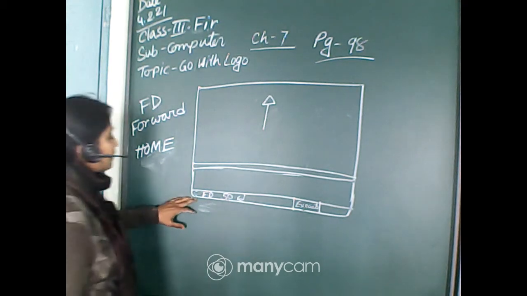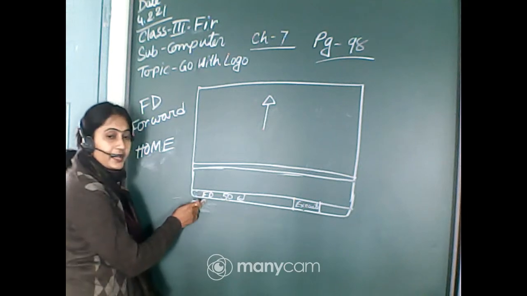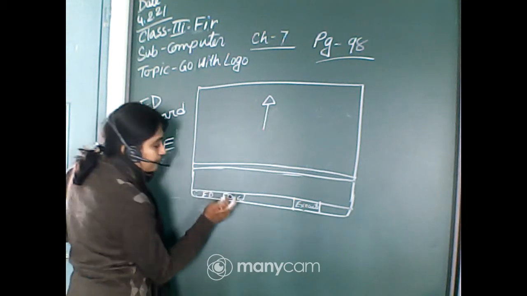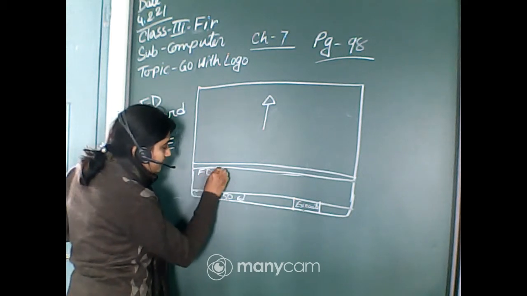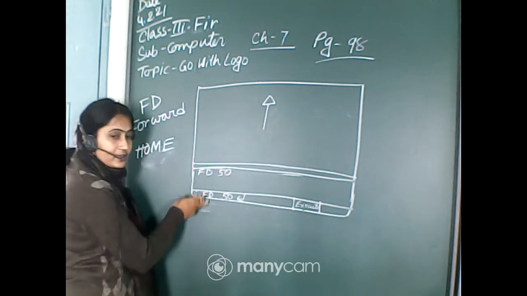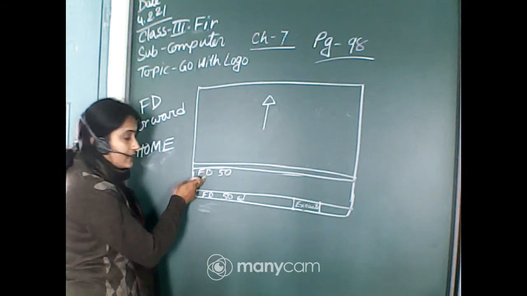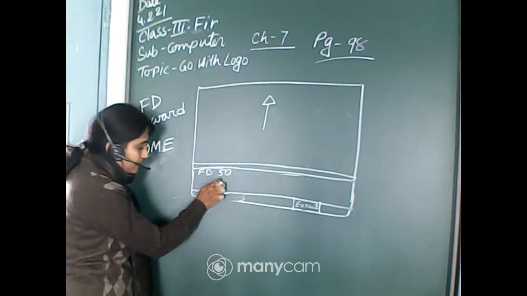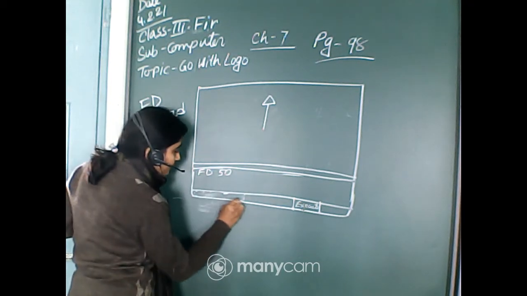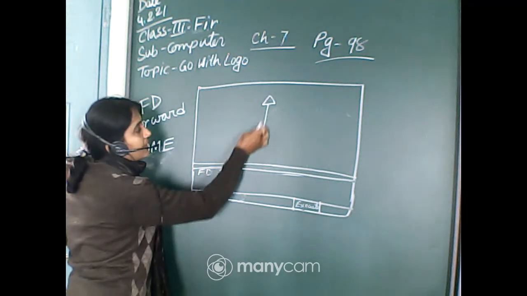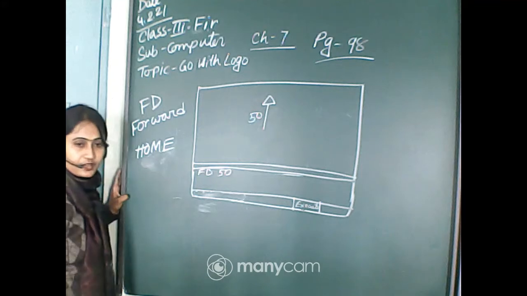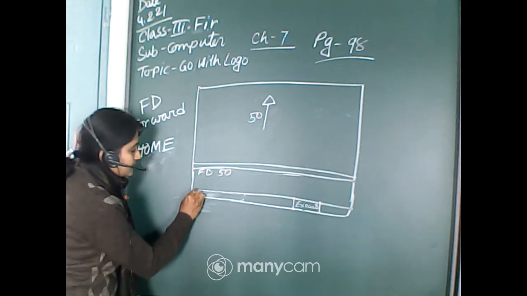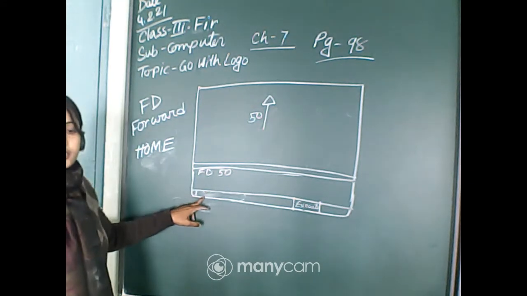When we type the command, always we have to type the command in the command input box. When we press the enter key, then you can see the command in the recall list box, and this portion will be blank. Okay, and when we press the enter key, we can see the turtle will move 50 units in the forward direction. Okay, and now the cursor will blink for the next command.